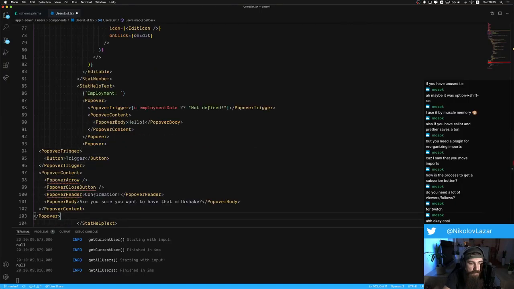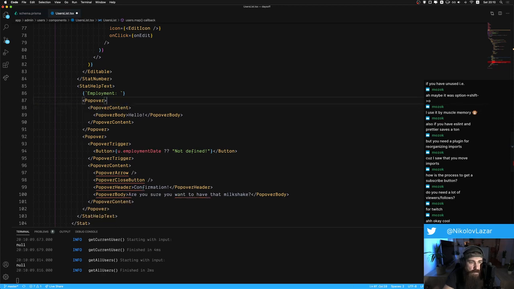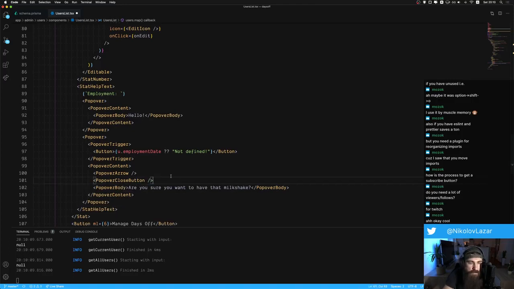When in doubt, do a little copy paste. The trigger. There's our trigger. It should be a button, I guess. Yeah, let it be a button. Okay, we're done with this. Then we got the content. Now let's add the arrow. Let's add the button. Let's add the header. Or do we not want any headers? Okay, so